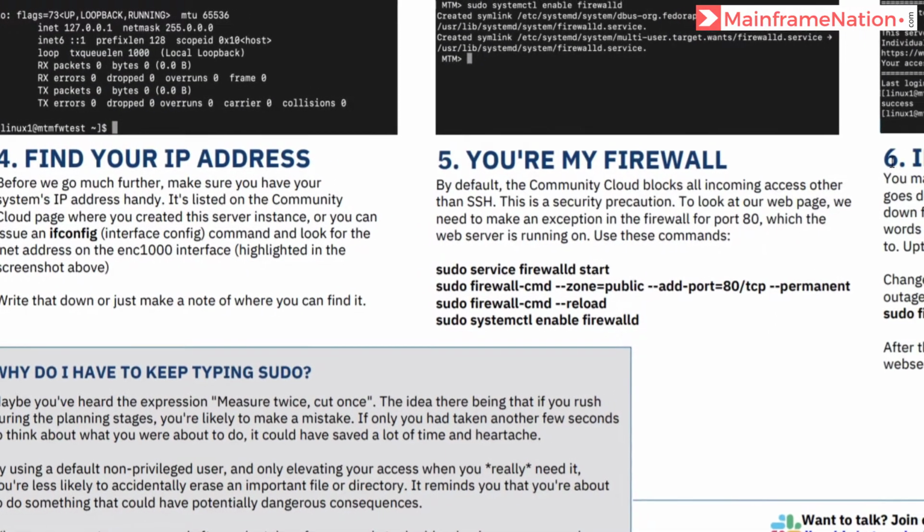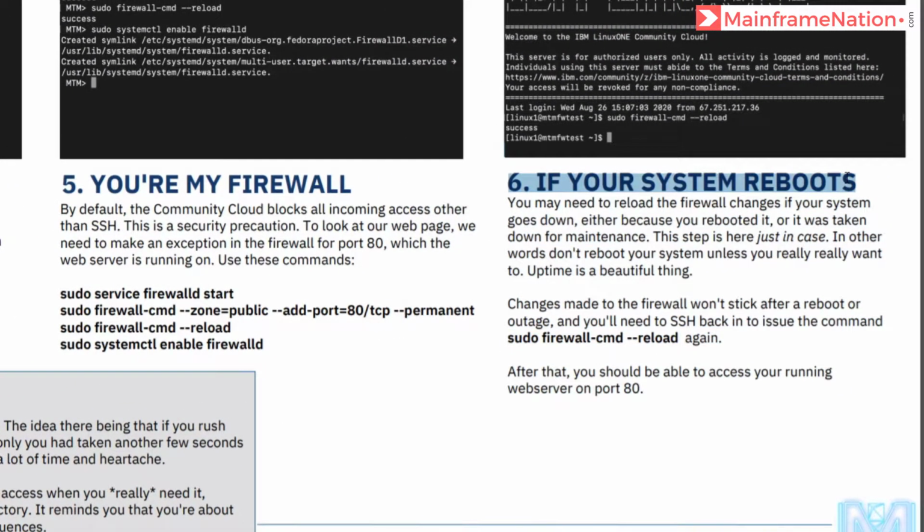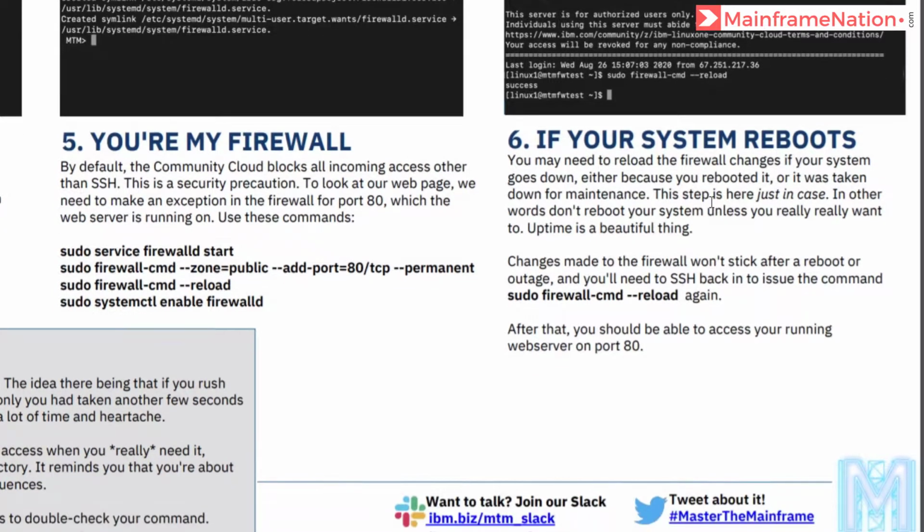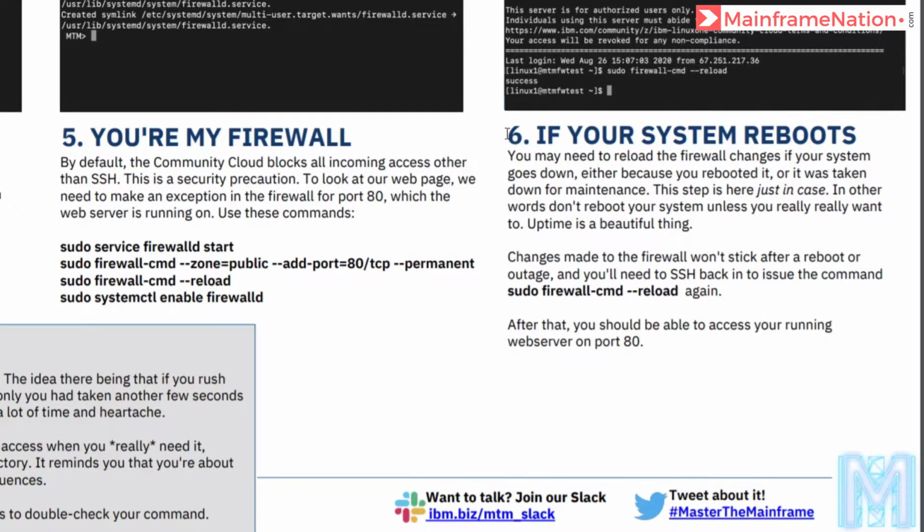If your system reboots, then you have to follow step number 6. We have not rebooted it, so this is not currently required, but in future if you want to use it, then you can use step number 6.